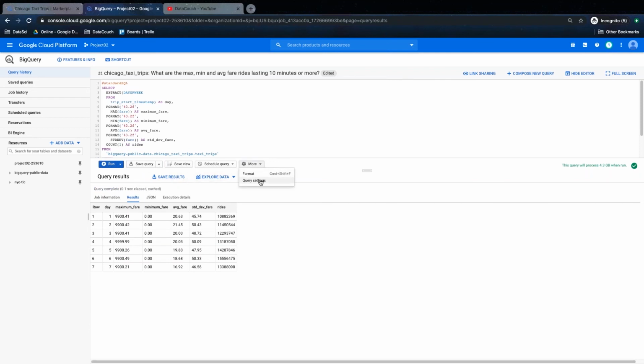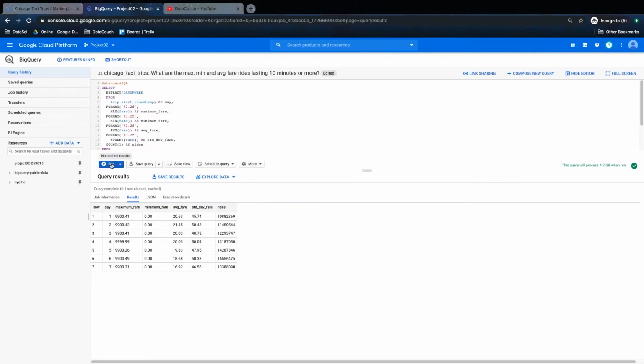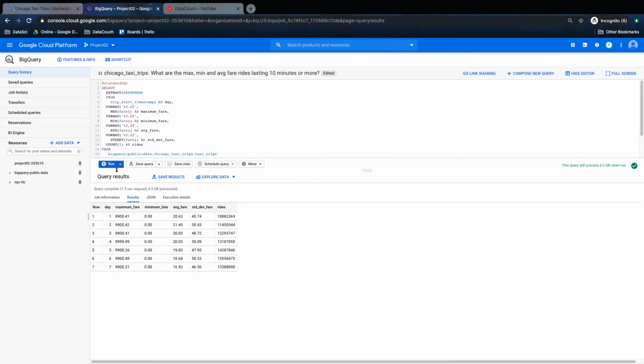So what I will do first, I will go to query settings, and I will change it. I will say don't use the cache result, save it, and I will run it. So I will say run, and when I run it, then it is not using cache. So can you see now it is saying 4.3 gigs processed, and it took 1.5 seconds to process 4.3 gigs. Now I will go back again, and I will change this particular thing to cached, and I will say save it, and I will run it again. So it will be very fast because it will bring data from the cache result. So it has taken 0 seconds, and it is bringing data from the cache results itself.